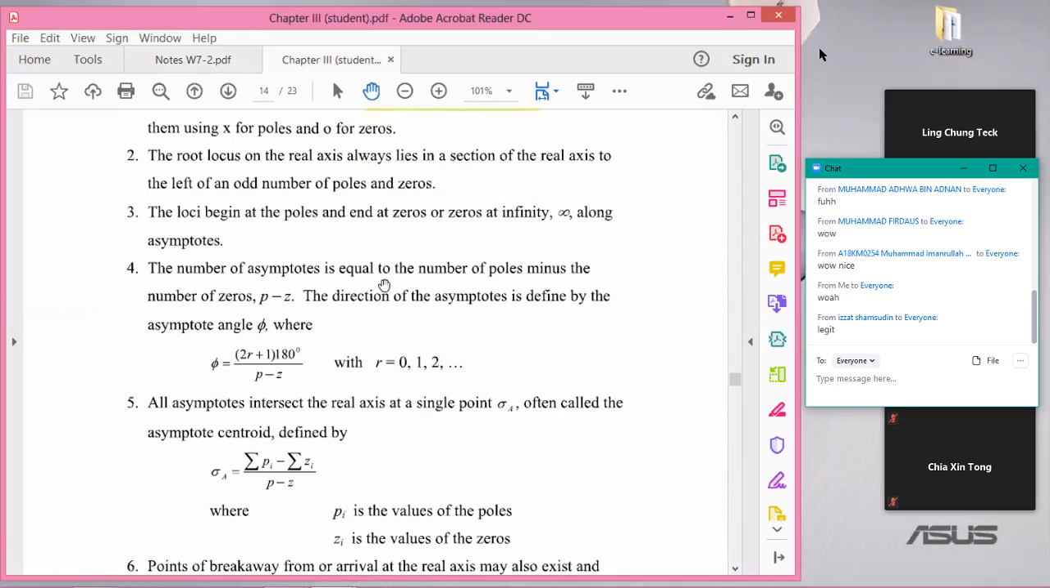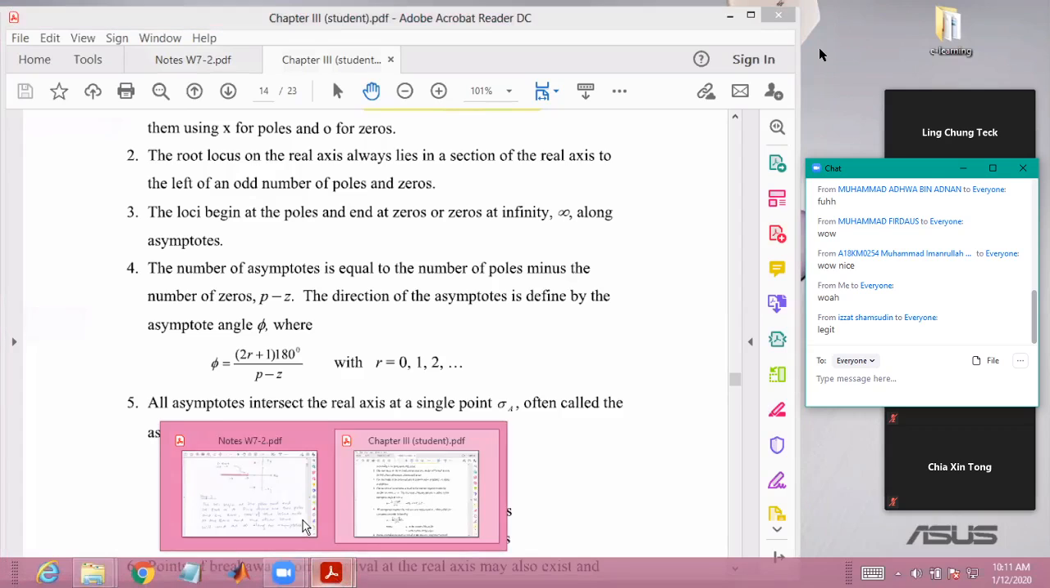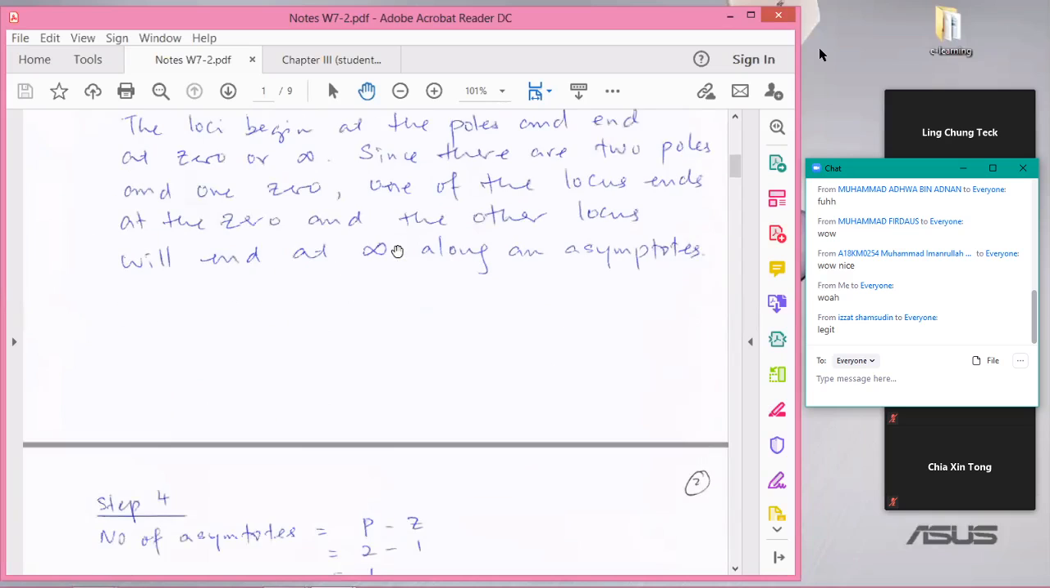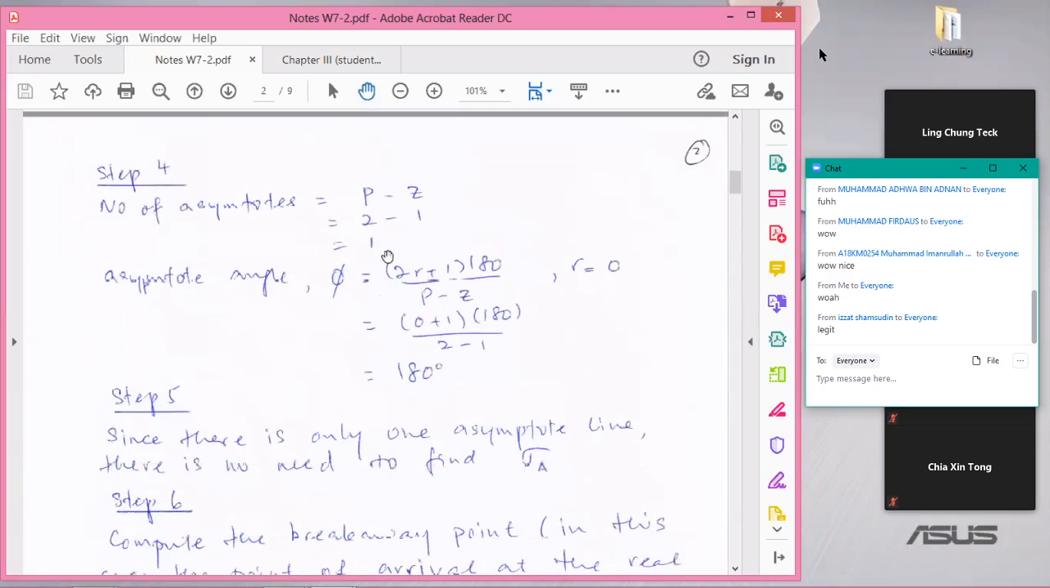And then we need to determine the number of asymptotes and the asymptote line. But here it is quite straightforward in this example, because we have two poles and one 0. You're going to have just one asymptote line. The number of asymptotes is the number of poles minus the number of zeros. So we have two poles minus one 0. There's only one